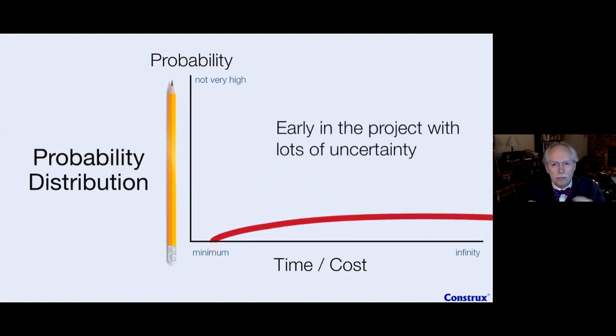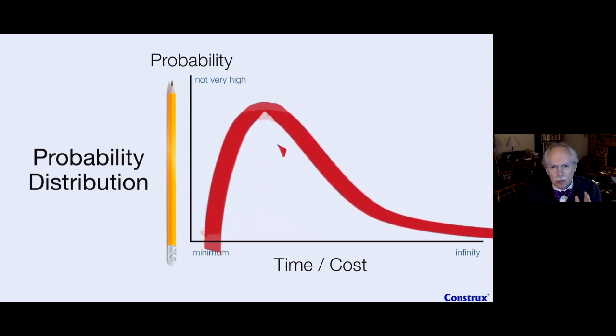Particularly very early in the project, what we'll see is that it widens itself out. That is, it pulls itself apart, so that we don't get a very high probability of almost any date, because it's so wide, because there's tons and tons of uncertainty in the project. So our curve will just stretch out to lots of possible dates that have equally low probability of actually happening.